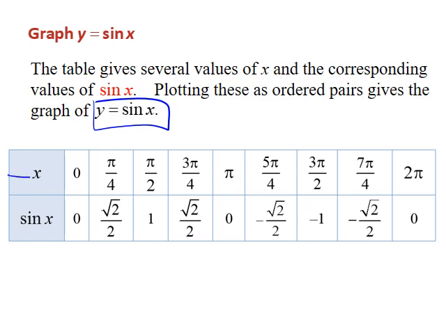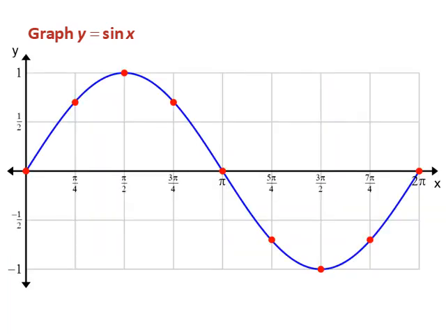These are our angle measures, and when I plug them into sine, we get this row of outputs. So basically, each of these represents an ordered pair. And if I graph each of those points, I end up with this curve here,